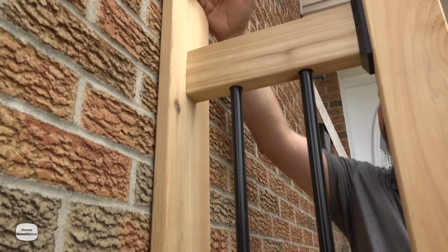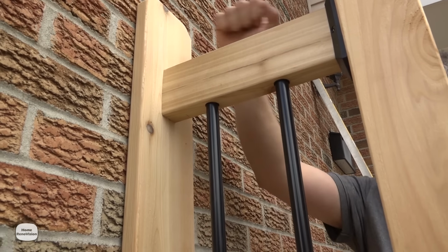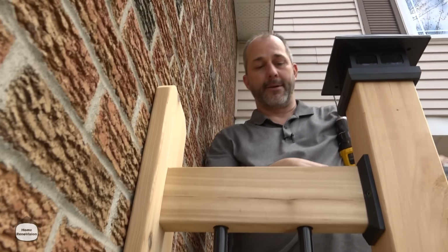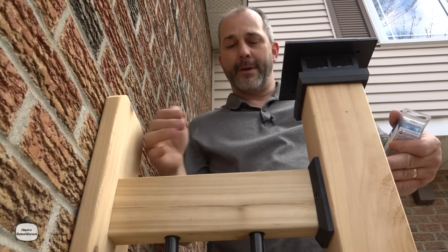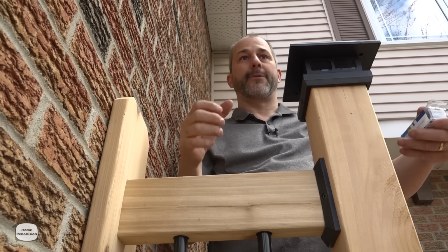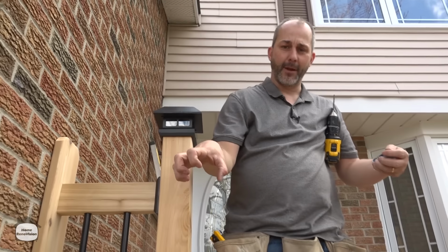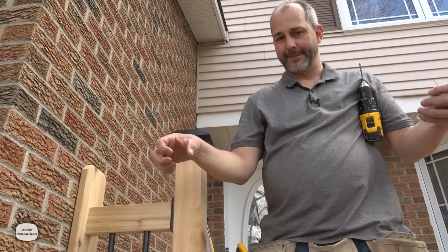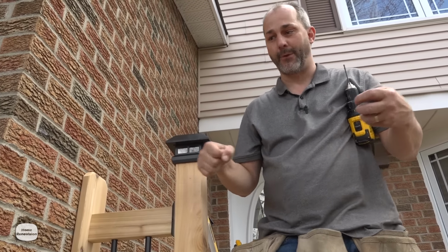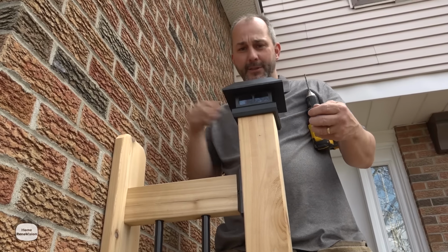They always take one of their finished boards and they attach this assembly, put it in place, and then they attach this to the building. Because we're going to have a set of stairs here, we're going to attach a railing, and we want to have that triangle effect for strength. Because a railing isn't just for pretty, it's for safety. So if you're coming down your stairs and you wipe out and you grab that rail, you know, like I'm 200 pounds, I put 200 pounds of pressure on that railing, it's got to hold me up so I don't wipe out. If you don't attach to the house, you're really missing out on the multiplication effect of the strength